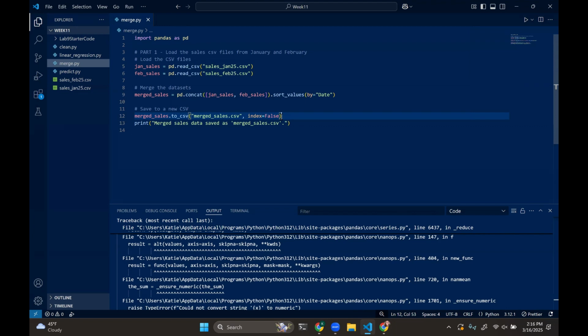If we were to say index true for the row names, it would just give us row 0, 1, 2, and we don't really care about that. We just care about the data itself. So that is why index is set equal to false. And we are saying that we want our final version of the merged data frame to be saved as merged sales. So if I run this,